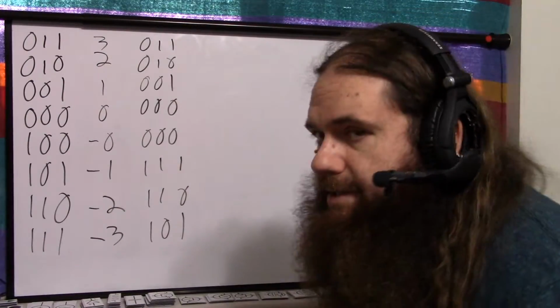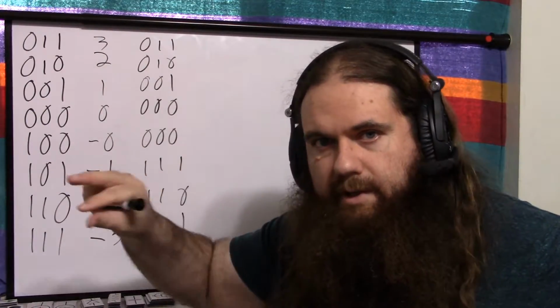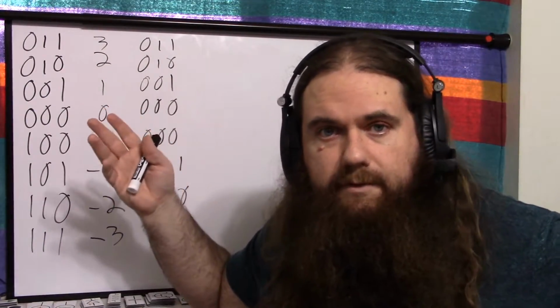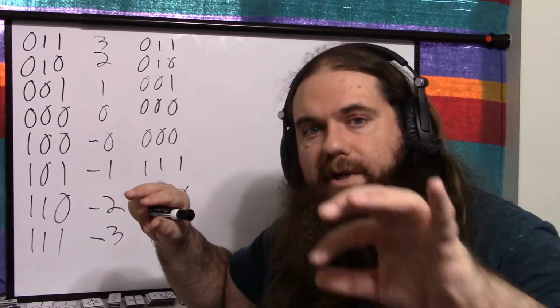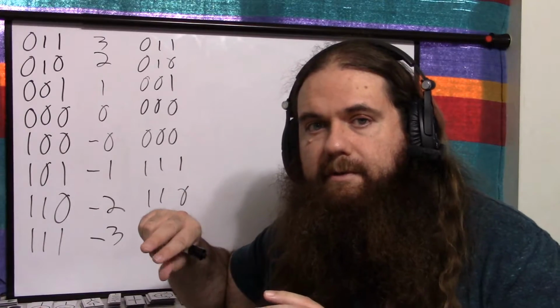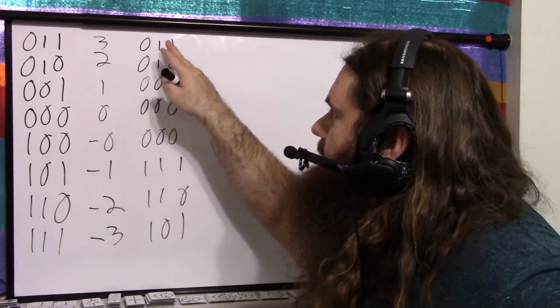So the circuitry ends up being incredibly simple. You take the input and you put it into a bus buffer. This is my way of doing it. There's a million different ways of doing it. But if you take the number, put it through a bus buffer, you invert it, and you put that through a bus buffer, you can use the sign bit to select which bus buffer,